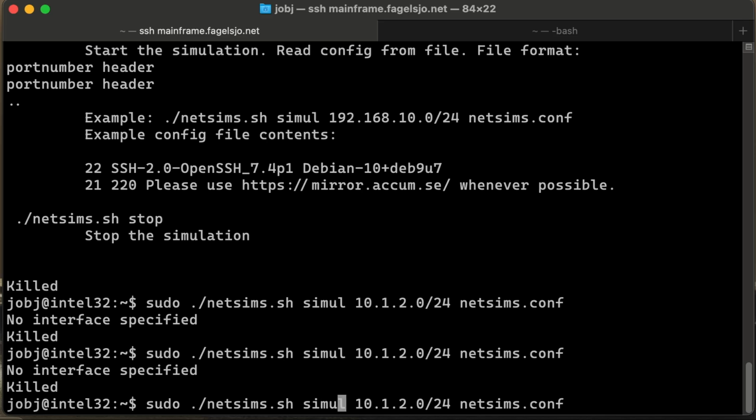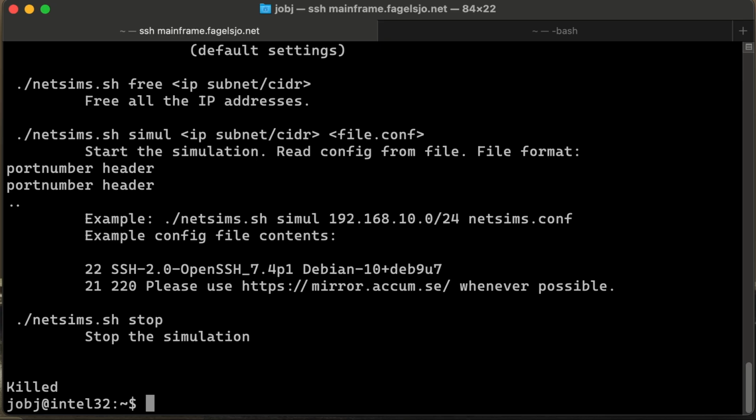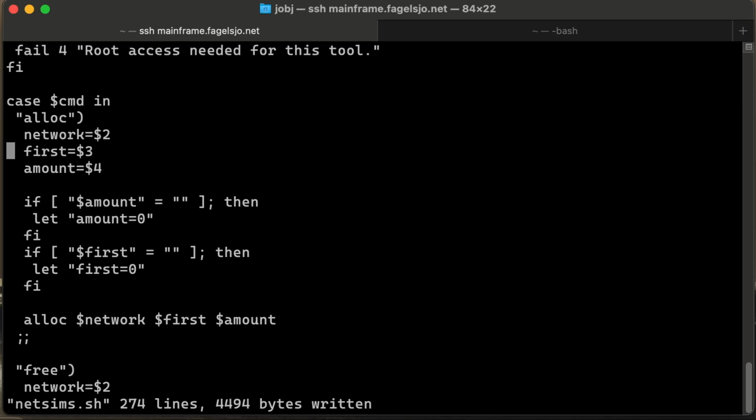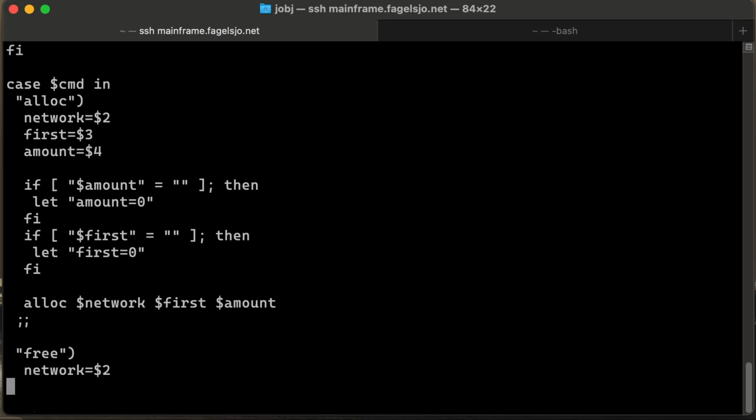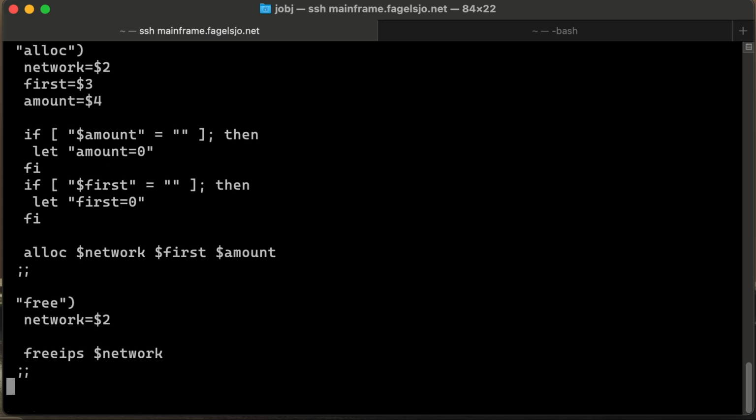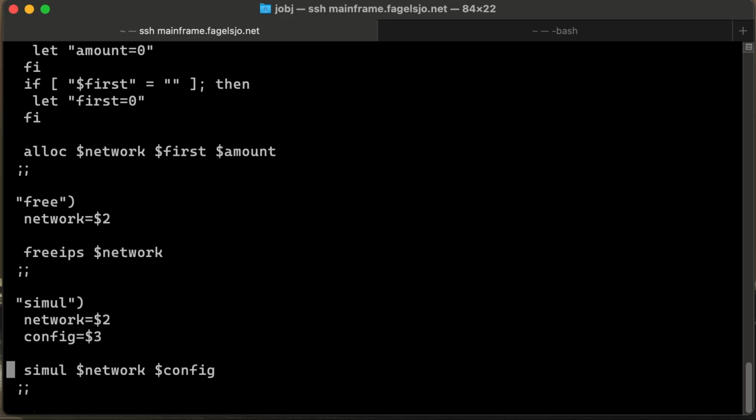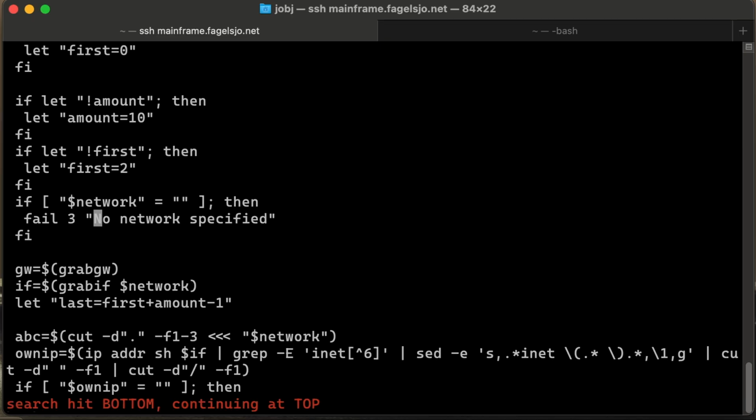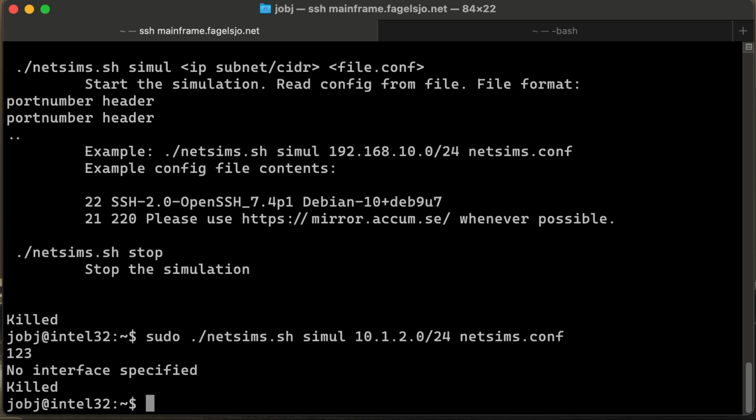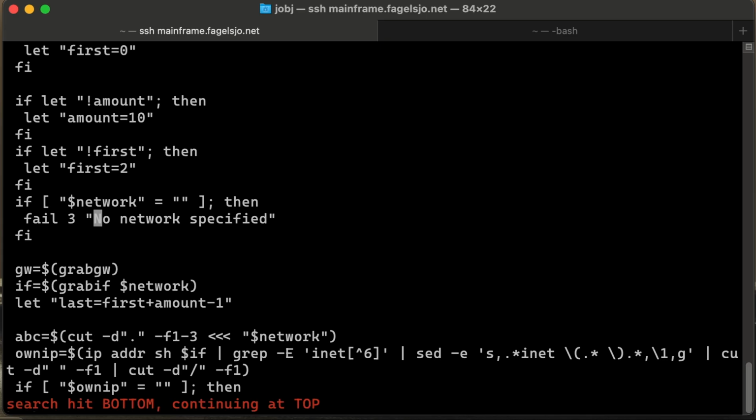And what if we do this? Then we get the usage. Case command in alloc, free, simul. Let me try something. Okay, so it